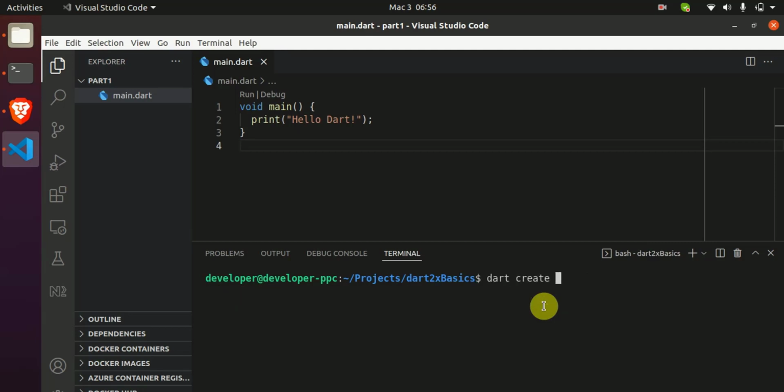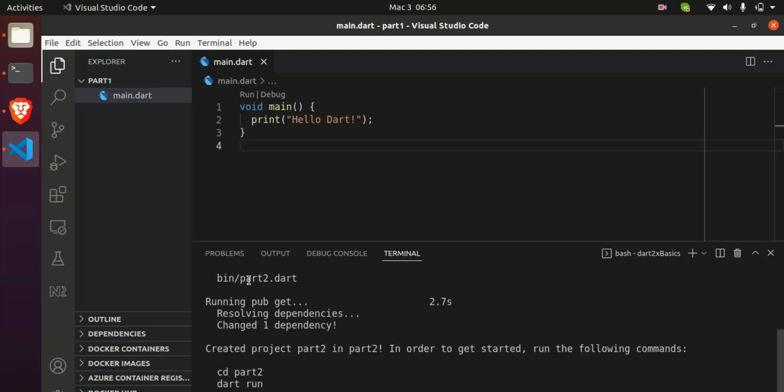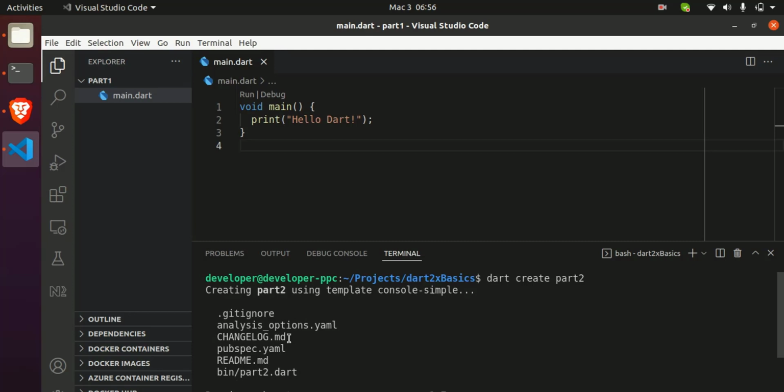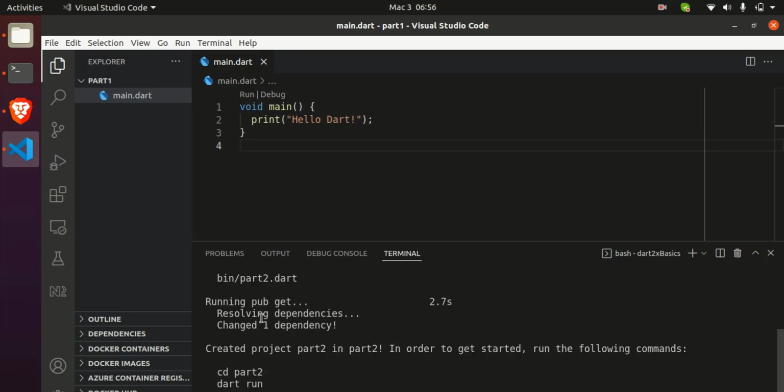I'm going to call this part 2. Then let's go and run this command. Now this command will create the following files, which use the console simple template, and as you can see there are files here, and it will try to get any dependencies. Don't worry, I'll explain this to you, and there is an instruction here on how to run your project. Now let's go back and open this project in our